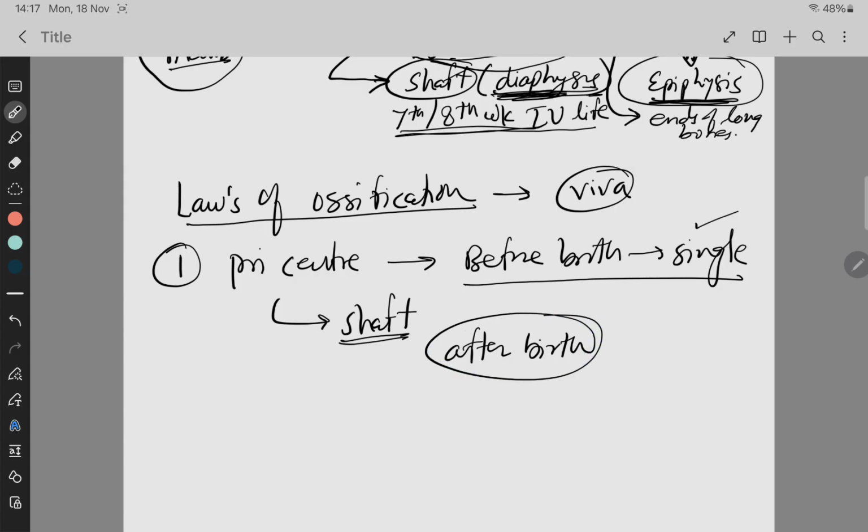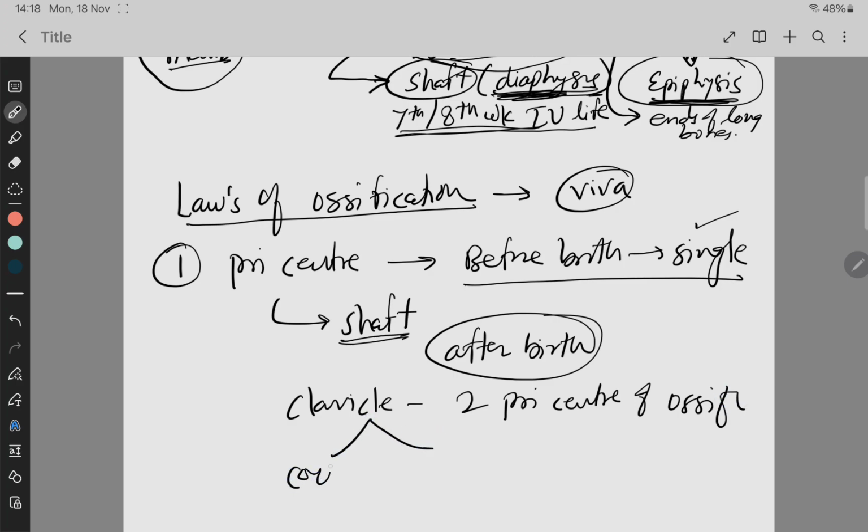The centers of ossification of carpals and tarsals, cuneiform and navicular bone. And the clavicle has two primary centers of ossification, because the clavicle is partly developed from cartilage and partly from membrane, and that's why it has two primary centers of